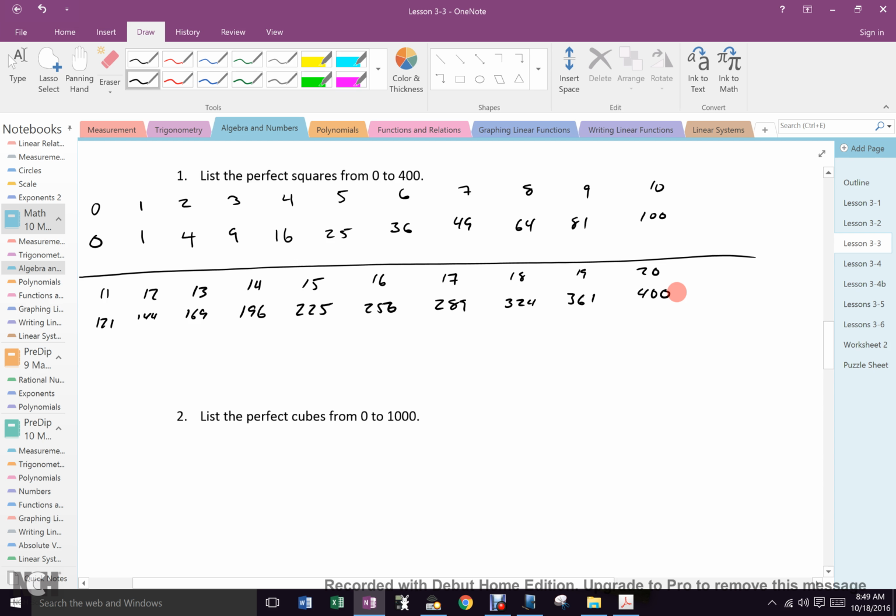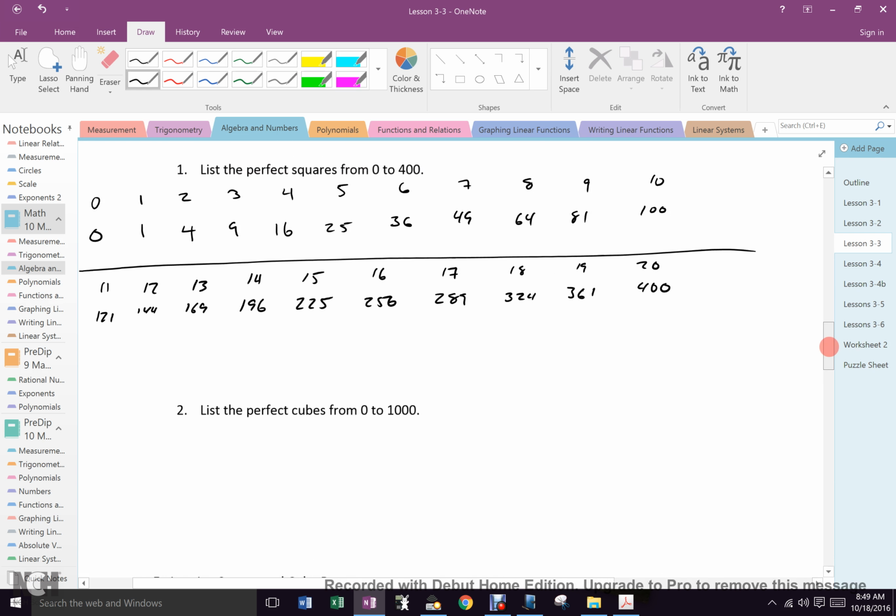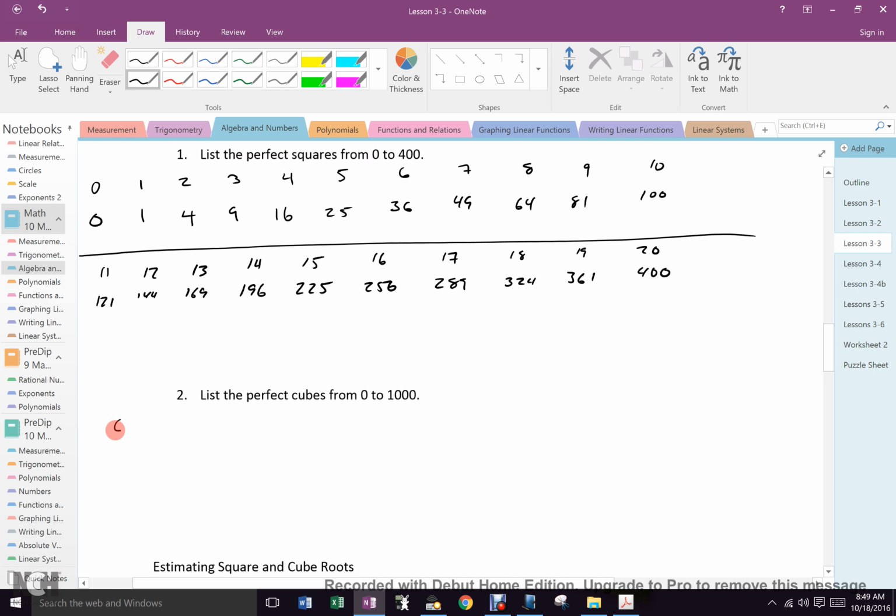Everybody good? Like I say, it will be very useful if you have those memorized. And the cubes,